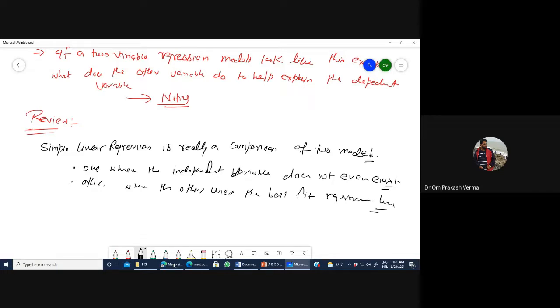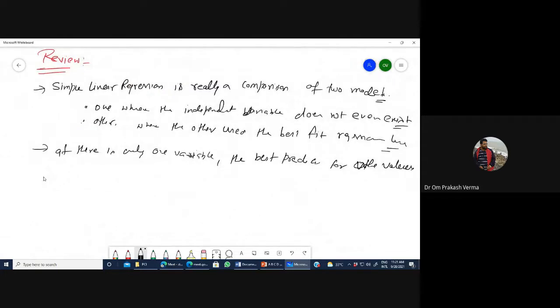If there is only one variable, the best prediction for other values, how did you find it? Just find the mean value. With the help of this mean value, we have the fitted mean of this dependent variable.